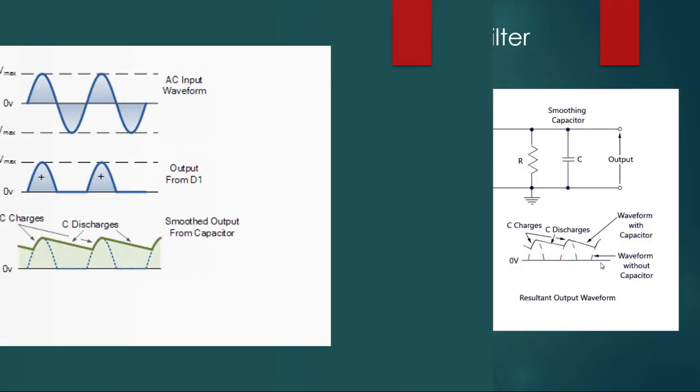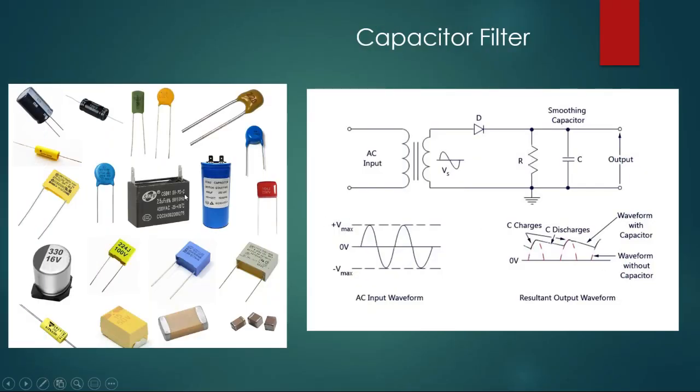Let us see how it happens. Here we can see on the left side, these are various types of capacitors. While handling capacitors, you will come across various types of capacitors. What is the function of a capacitor? A capacitor is used to store energy. It charges itself, and whenever we require, we can use that stored charge to discharge across the load. And what is the load? Load may be the gadget or equipment where we want that current to flow.